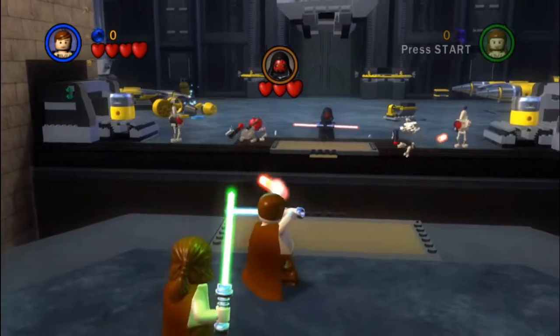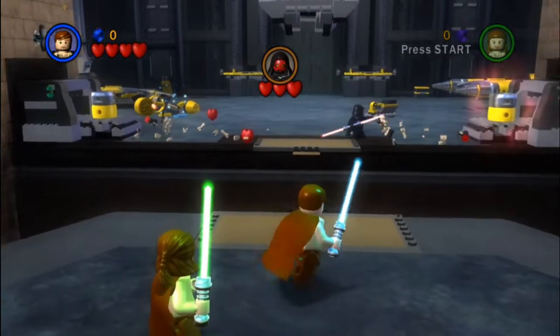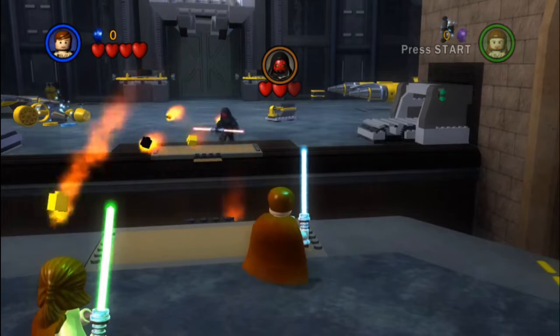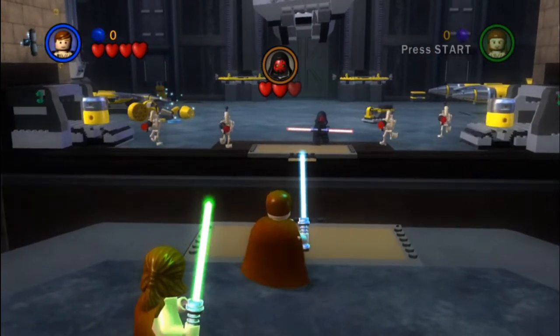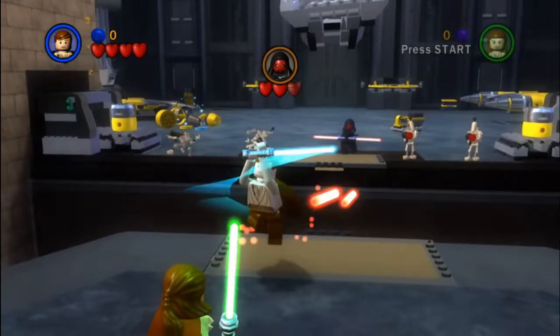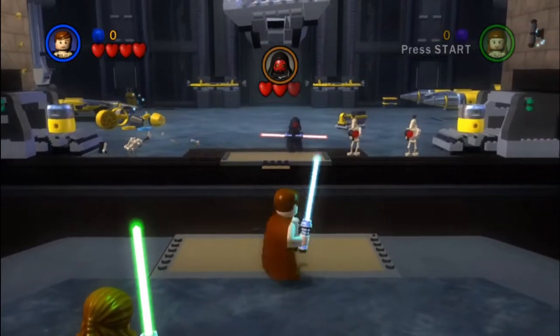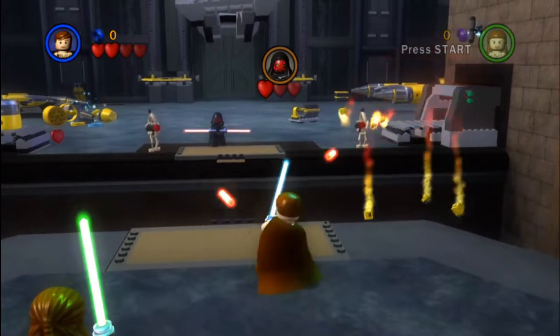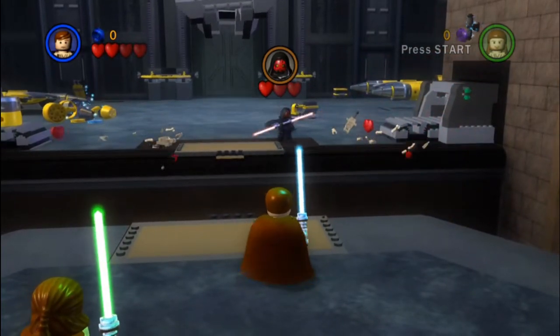Probably not. Right. I never ever got how to do the deflects. I just stand there holding X, or I guess it would have been B, because I was playing on Wii. But once you realise you have to press X at the time the bolts are going to hit you, it gets pretty simple. I say it gets pretty simple. I say that, but...